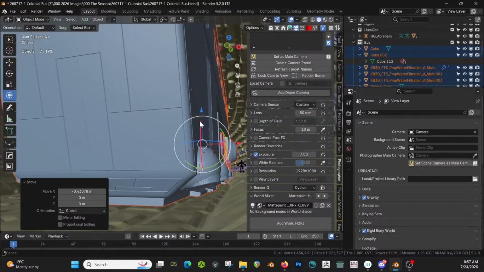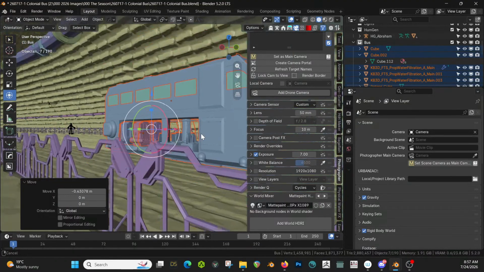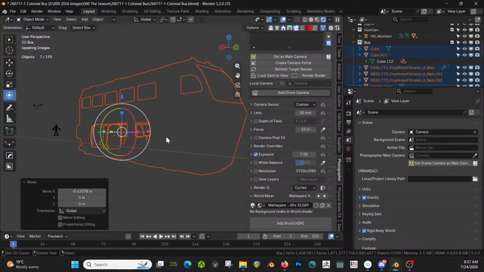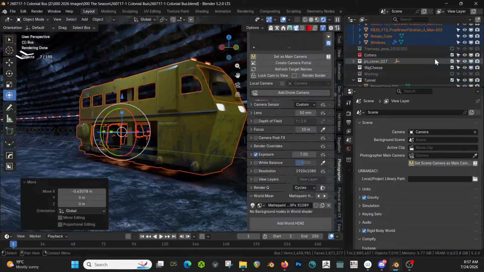Yep, it's hovering, no problem. Cool. Let's just turn off the tunnel